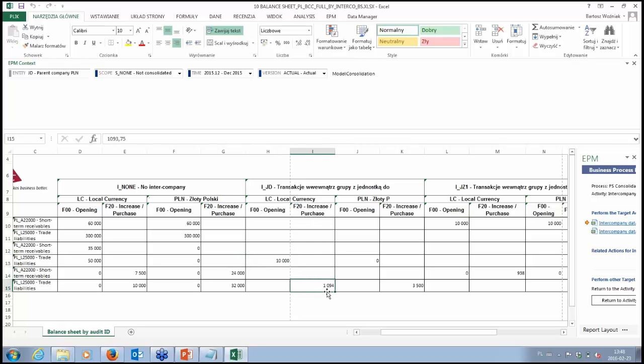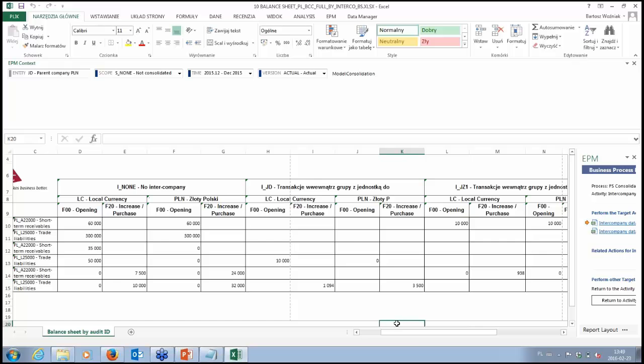This is, for example, denominated in US dollar, and this is already denominated in Polish zloty. This is usually calculated on the later stage, but I already did it in this presentation.